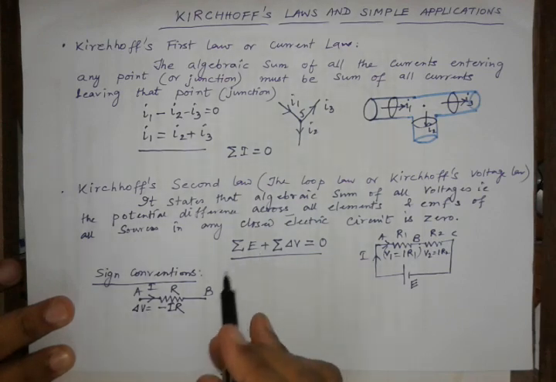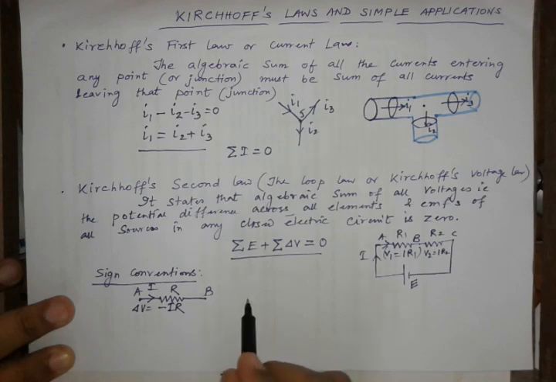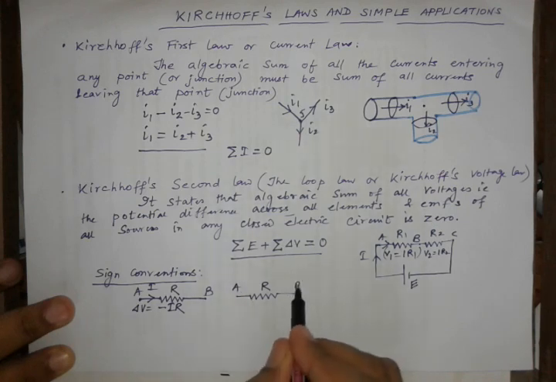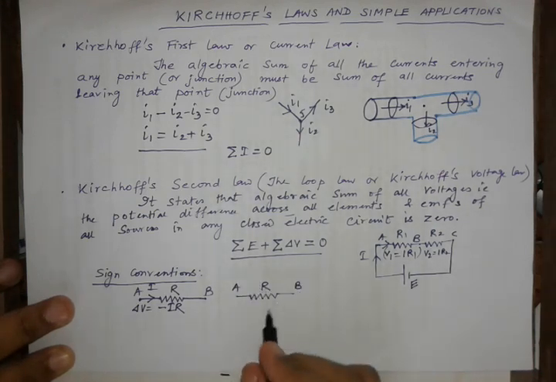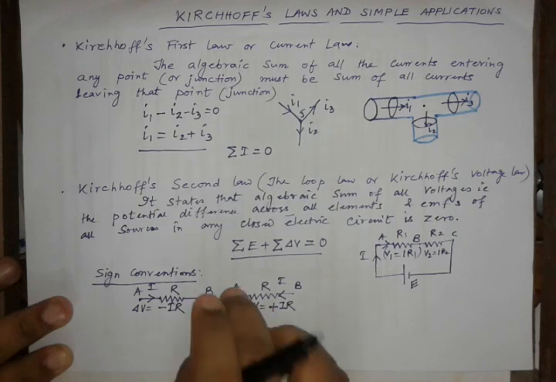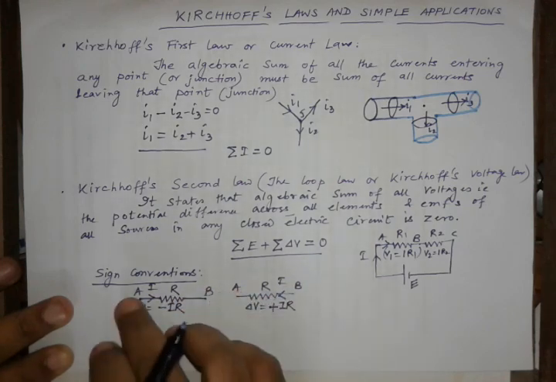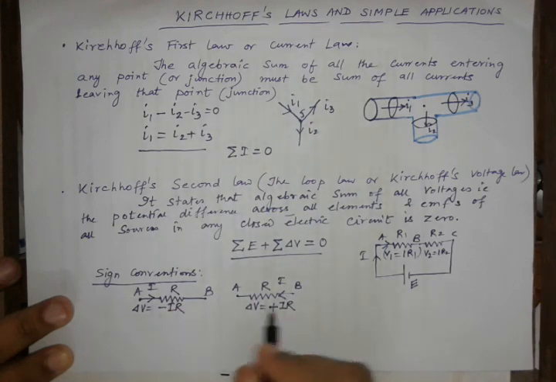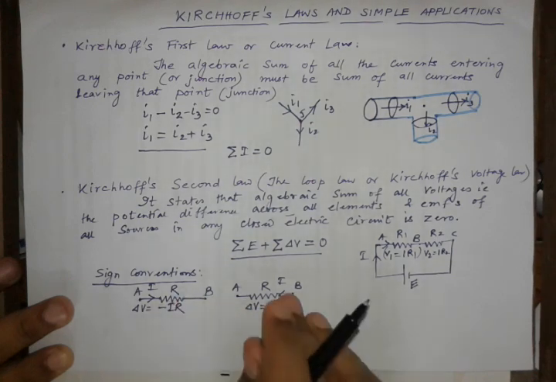Okay. And another sign convention, same thing. Like resistance R is here, A and B. But the current I is in this direction. In this case, you can write delta V is equal to plus IR. So remember this one. We are always measuring from A to B. Here also measuring from A to B, and the current is going in this direction, then this is minus. Here also we are measuring from A to B, then this will become plus. So there are two things you have to remember.